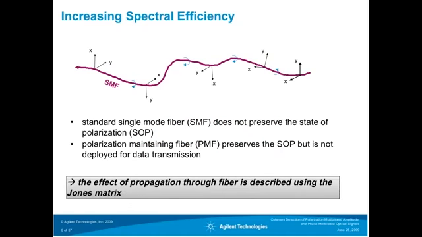So let's briefly look at how the signal propagates in a fiber, especially in the case of polarization multiplexed signals. Standard single-mode fiber does not preserve the state of polarization. What does that mean? If you start out with polarization X pointing in this direction and polarization Y pointing in this direction, then over the course of time or along the fiber, the polarization starts to rotate, first to the right and then to the left. So finally, at the receiver, you cannot tell in which direction the X polarization of your signal and in which direction the Y polarization of your signal points.